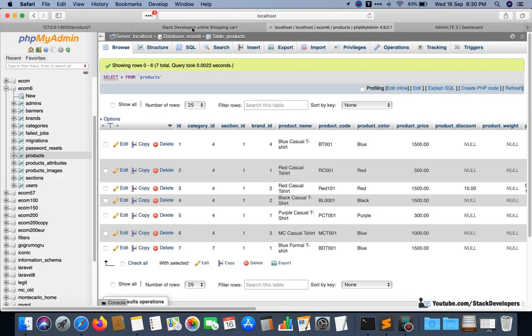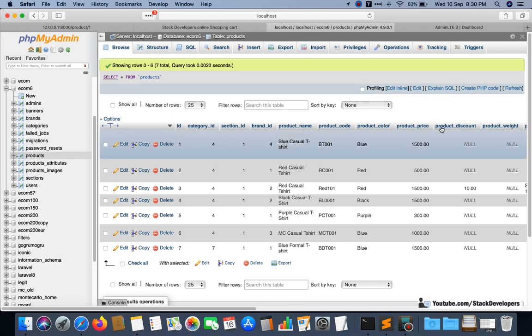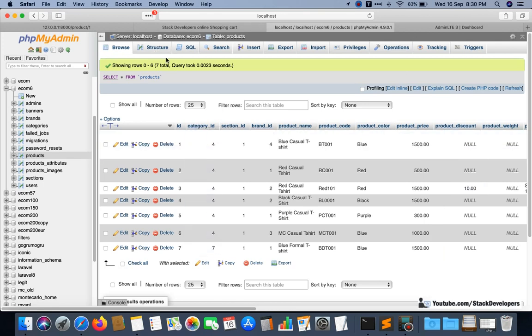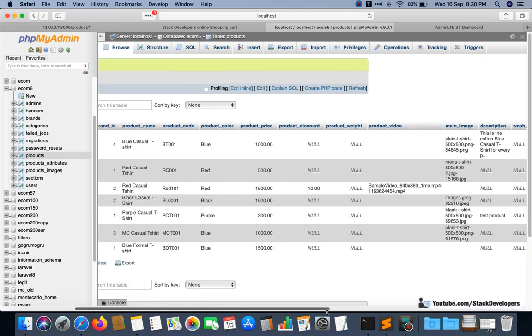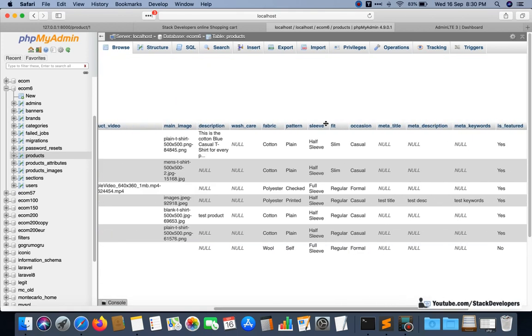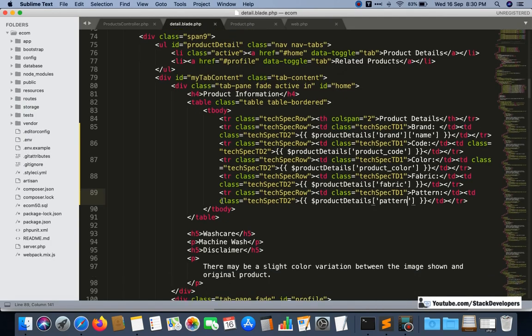Okay, and we are going to show the other filters as well. So other information, check once here. See, all other information like sleeve, fit, occasion, these also we are going to show. So I will just paste.